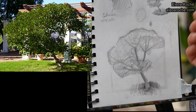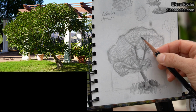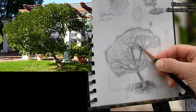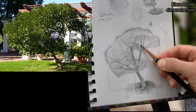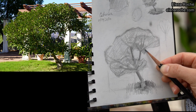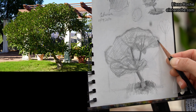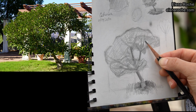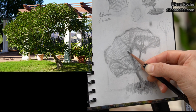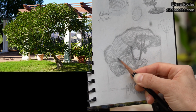Right, that's why I will go with the harder pencil first, and I will go ahead and make all of these areas much darker with my harder pencil, just to cover up a lot of the paper. Just to give it a little more solid look, less of the white paper coming through. And then I'll go over with my other